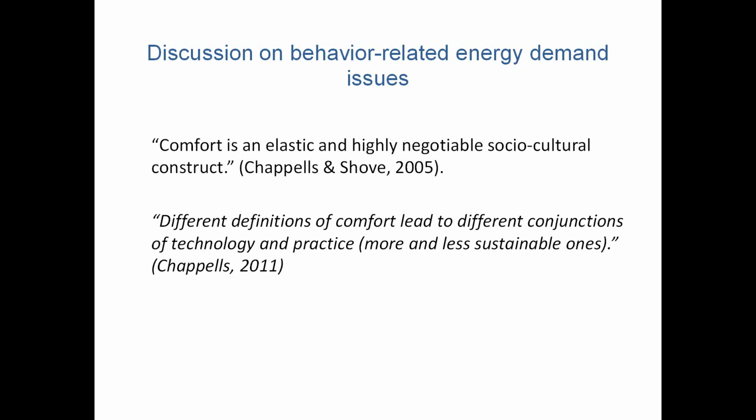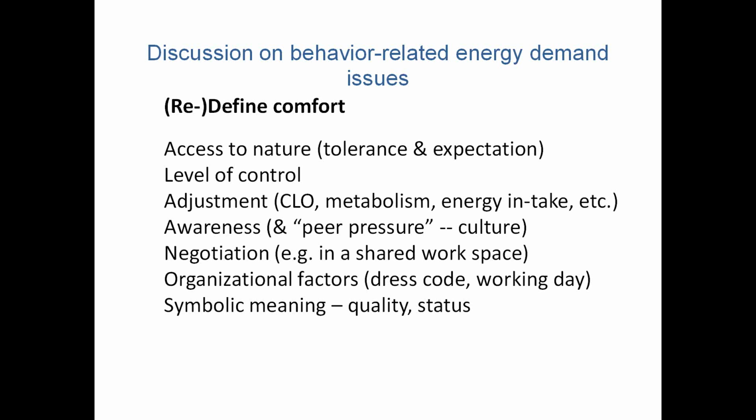And so I know Zina wants to leave some time for discussion. So I'll just make some very quick comments on things which Bart mentioned and which also showed up in our studies quite frequently. One thing is about comfort, which is directly related to building energy demand. And to our team, comfort is an elastic construct, and it can be influenced by many things. Whether the occupant has access to the natural environment has an influence on their tolerance for their current indoor environment quality and also their expectations, and whether the occupant has a satisfactory level of control over their own individual work or living environment also has a direct impact on comfort,